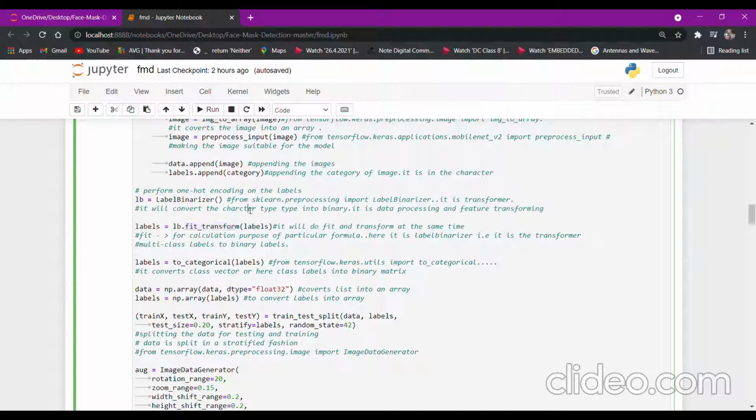The fit function is used to calculate for any particular formula, so here it is the label binarizer. It just calculates. But in order to apply the calculated parameters to the required parameters, we need to apply the transform function. Here we are making use of the fit transform function, which does both the work of fit and transform at the same time.